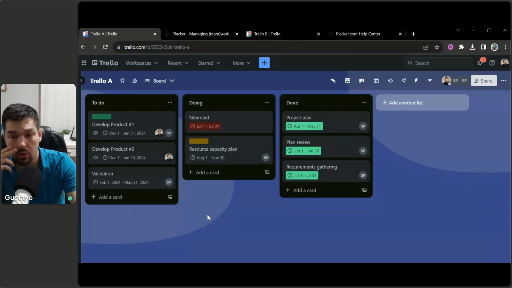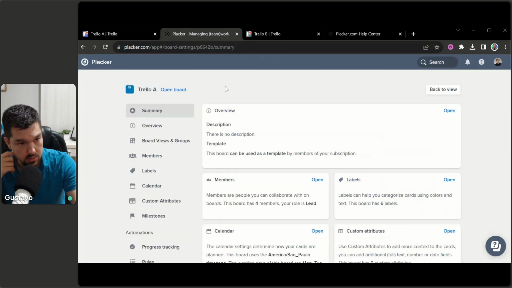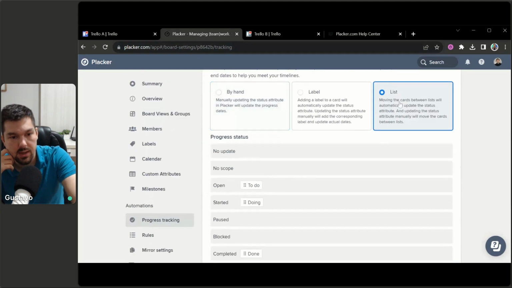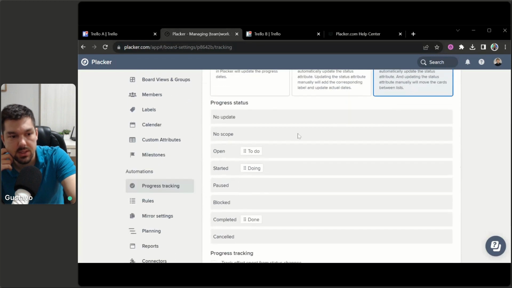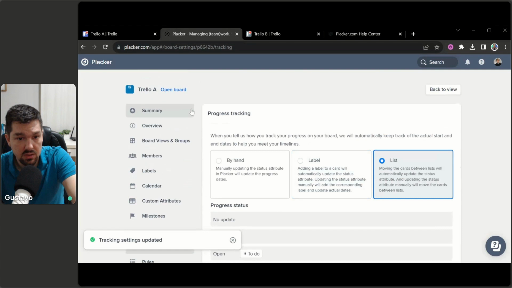If you want to do this in your board, if your boards has lists like in progress, in review, completed, done, things like that, it's a good idea to open the board, then click the board title, board settings, and then there is an option progress tracking, and then I have mapped out each list. So to do every card that is in the to-do list is open, every card that is in the doing list is started, and completed is done. Okay, I have done this previously,